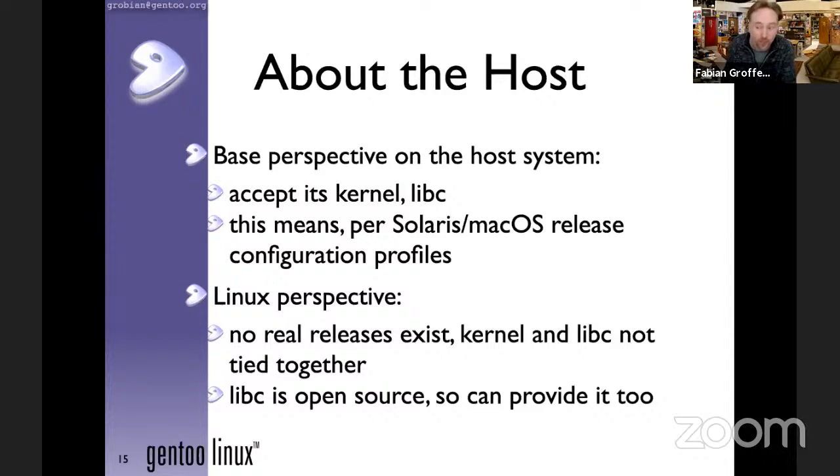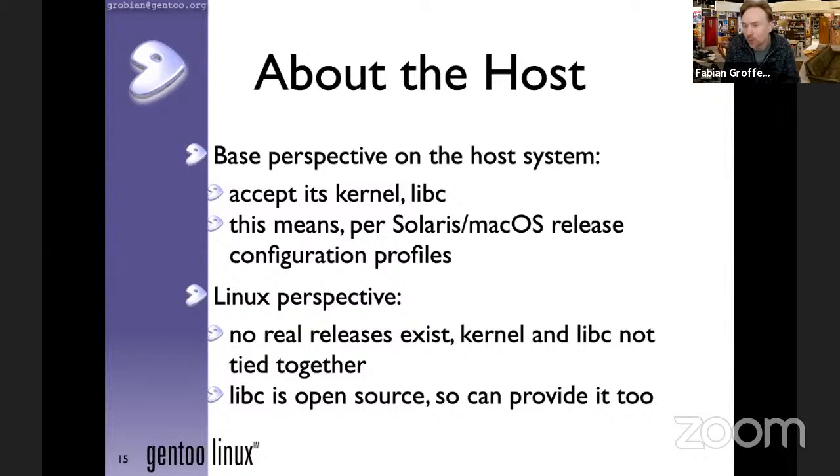We cannot replace those very easily because we don't always have the sources available, or we just think it is incredibly complex to get that working and we don't really need to. Especially Solaris and macOS have, during their releases, extremely stable APIs to the kernel and the C library, unlike Linux, where you never know. There is no version of Linux that represents something. There is something like CentOS 7 or CentOS 8 or Debian whatever, but that is all different distributions. So it's harder to manage.